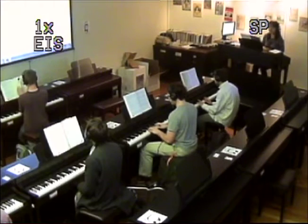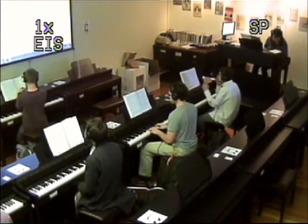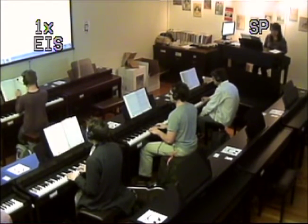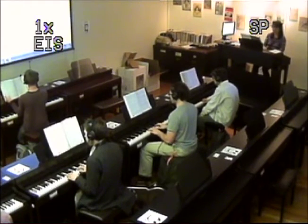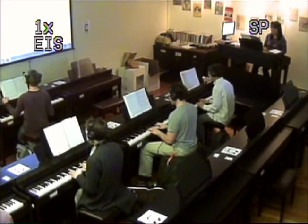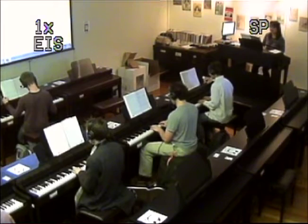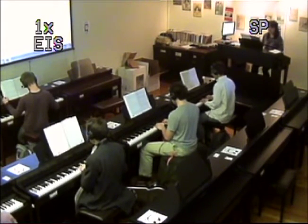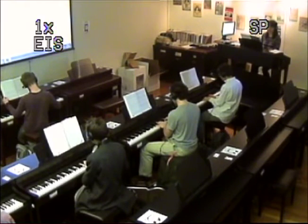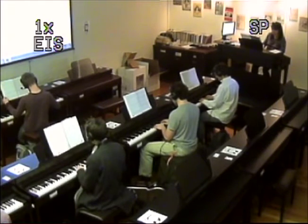All right, so let's just go through it slowly with the two hands together. Let's try with the metronome. So one click each eighth note. 1, 2, 3, go. Is it too fast? Good. A sharp, F sharp,